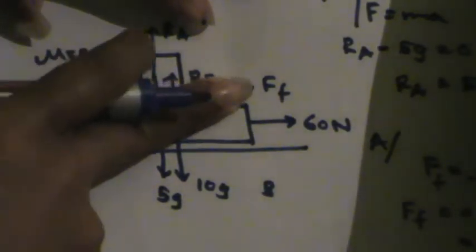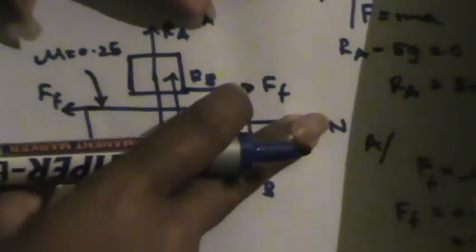Right? So we'll find A system. Now if you are keeping these two objects as a whole, this will be like this. Total force will be 60 newtons because this Ff and this Ff will be cancelled. These two forces will be cancelled because they are equal in magnitude and opposite in direction. So the total force on this system, if you take it as a whole, is only 60 newtons. That's the only unbalanced force.